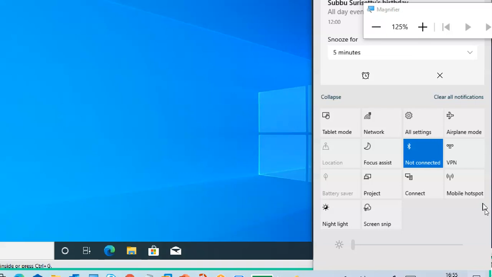The first condition is your mobile phone should be connected to the internet, through data, like your 4G network provider. 4G, 3G, like that you have to connect first. Next, you can share that internet to other devices.